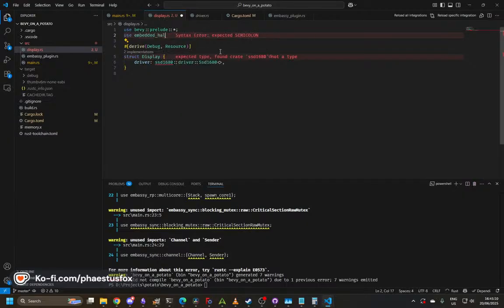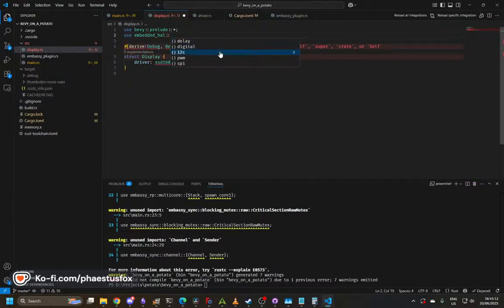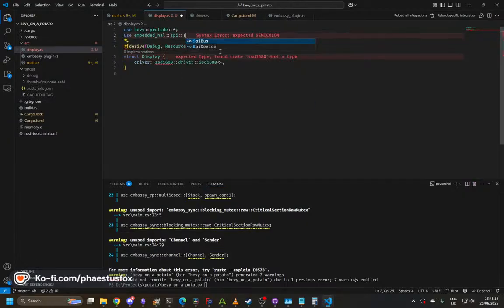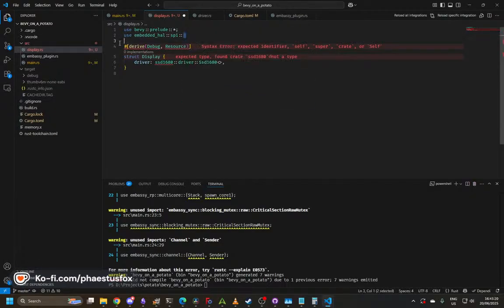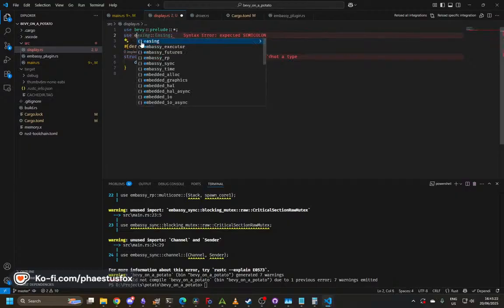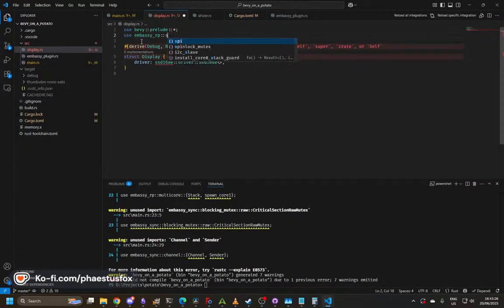Embedded hull. SPI, nope. Oh right, because SPI is a type. Okay, so then we need to go MCRP SPI, like that, and then we need to say